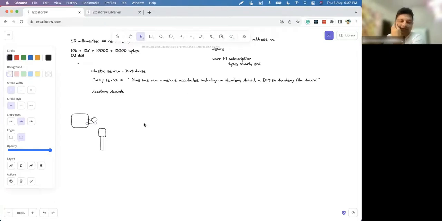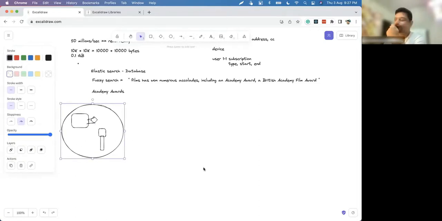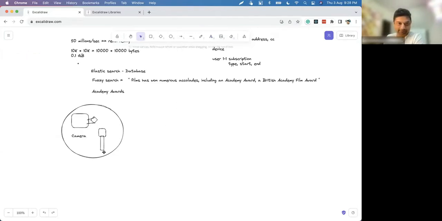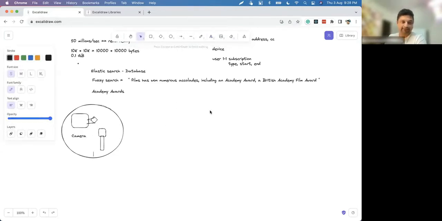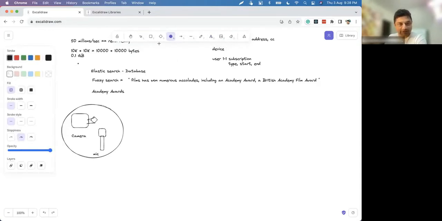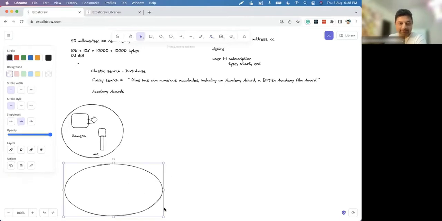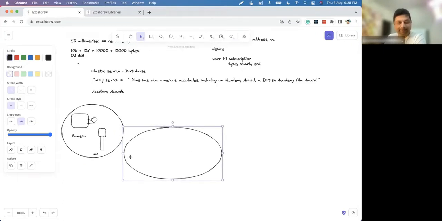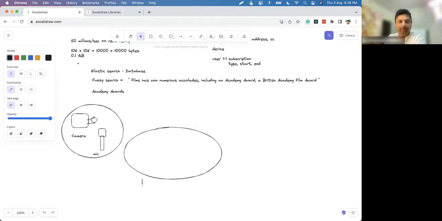Basically, a cricket match is happening. First, the video will be recorded by the mic and camera. Let me write it down: this is the mic. And this is the stadium, the cricket stadium. Recording is happening from the mic and camera, and the mic and camera are in the stadium.